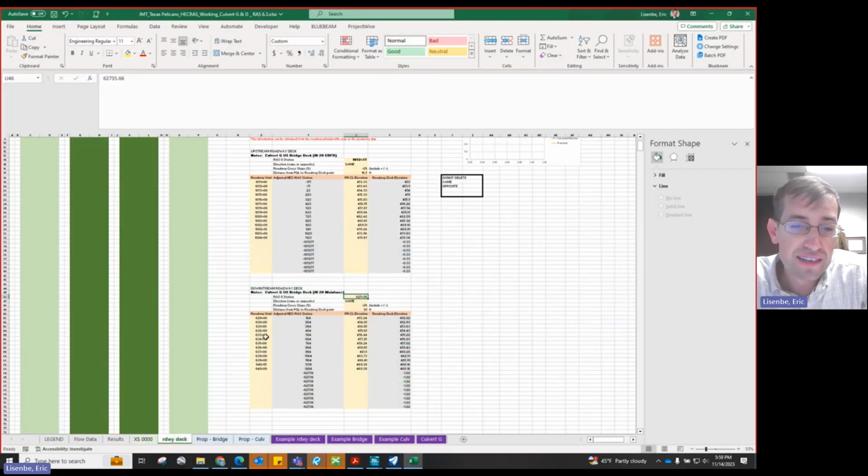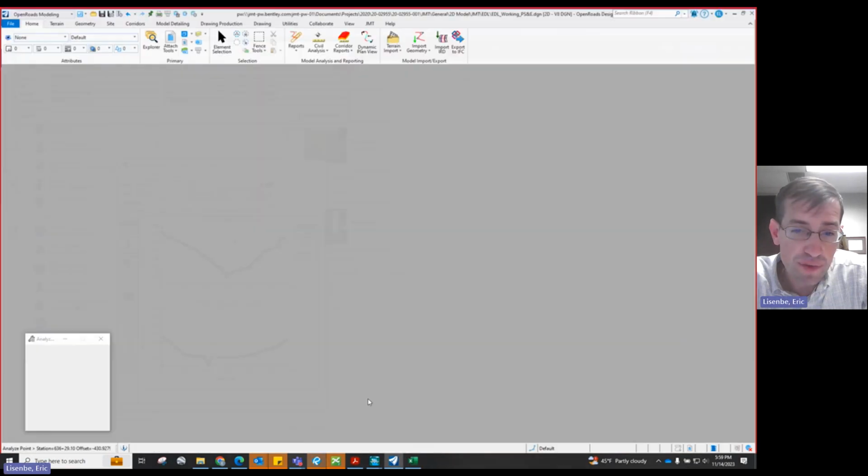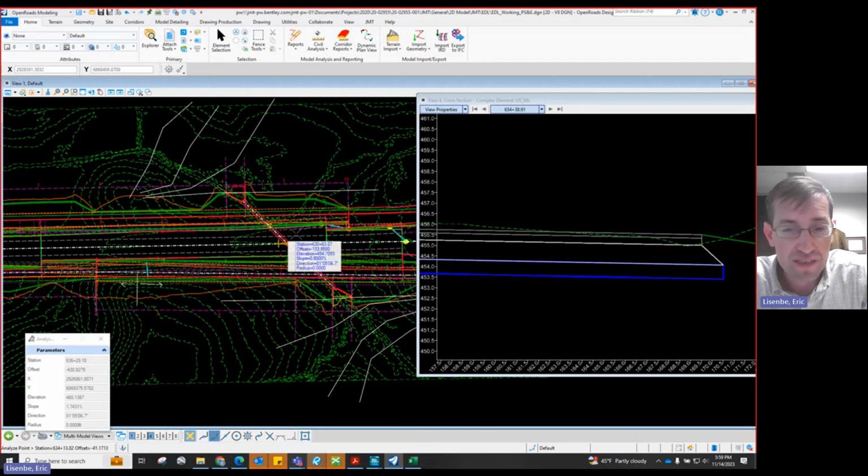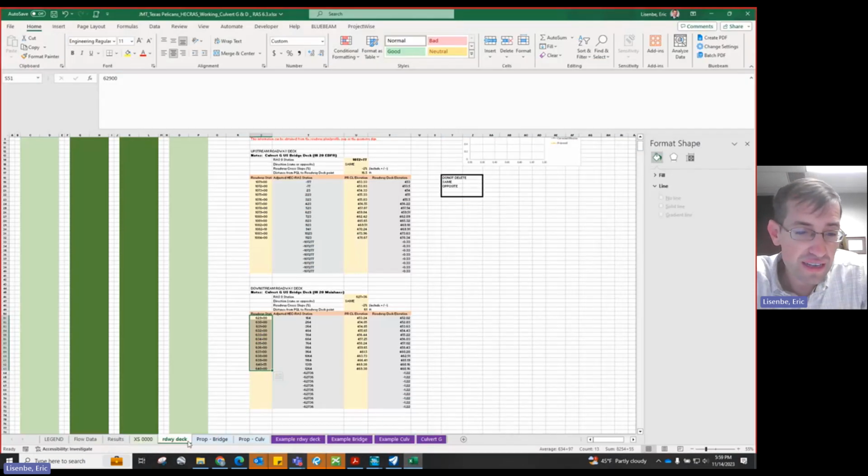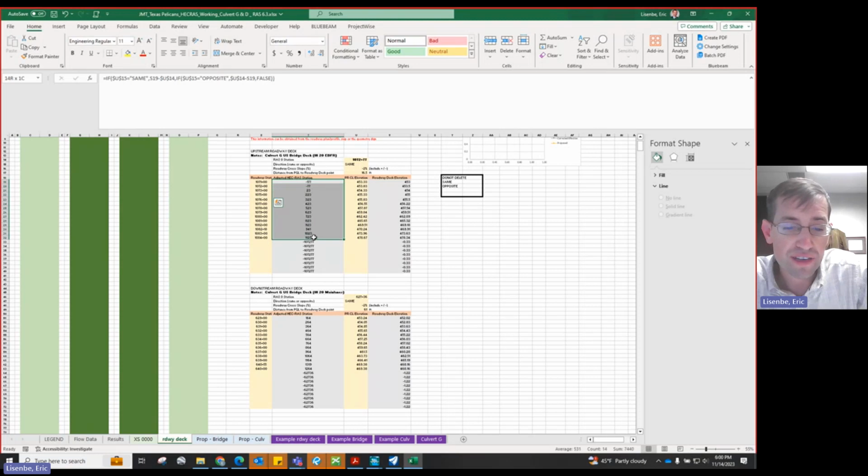We've related that, and then we've gotten a sample of elevations across that cross-section length to be able to project that onto that HEC-RAS cross-section for the roadway deck editor. So with that, this is in the roadway deck tab. I'm going to go ahead and take this data and copy out what is going to be in the roadway